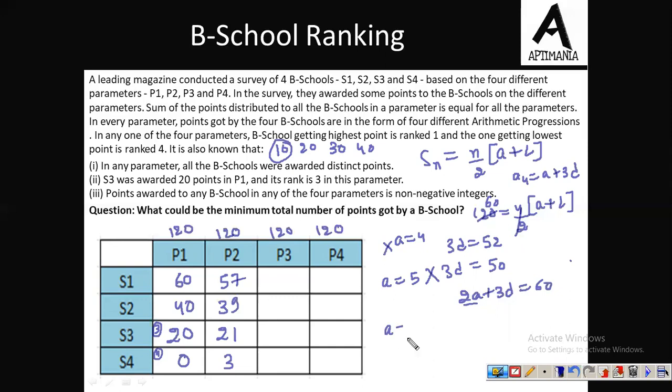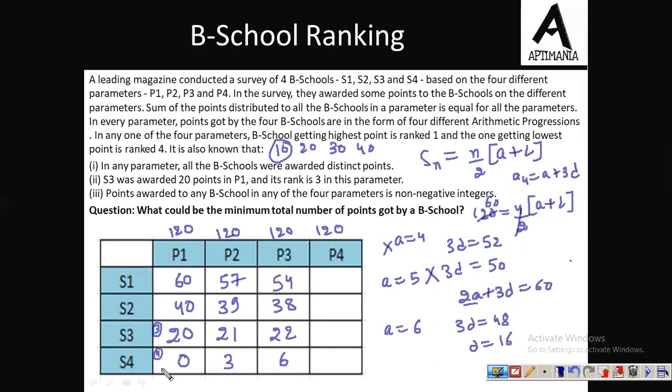Now let us take a is equal to 6. Now we know that this must be the correct value. So 2a becomes 12. So 3d is equal to 48, and d from here comes out to be 16. अब d 16 आ गया और first term is 6. So what we can say is the AP is 6. Adding 16 will get 22. Adding 16 again will get 38. 16 again will get 54. Now you can check the sum of all the numbers is again 120 only.